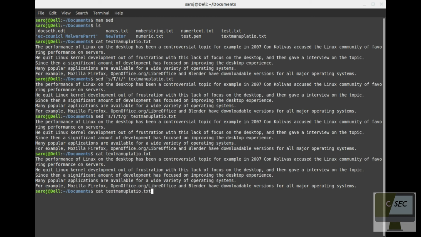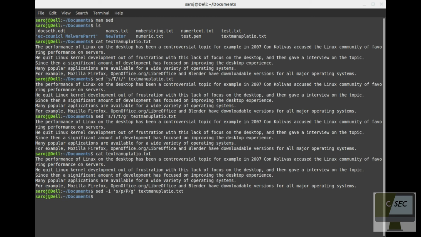So if I want to substitute in the original file also, I have to specify sed -i, then the double quotes, then s for substitute. If I want to substitute small letter p with capital letter P, globally, then after it we pass the text file name, which in our case is text manipulation.